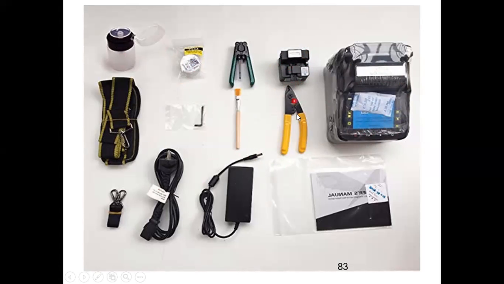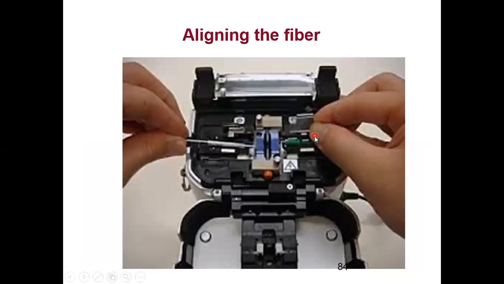So this cutter, this stripper, this alcohol based cleaning solution, and this tissue paper, these are some of the minimum requirement. Whether it is fusion splicing or mechanical splicing, I have to prepare the fiber. So all these equipments are required to prepare the fiber ends. Okay, so that all you can see when we are demonstrating.